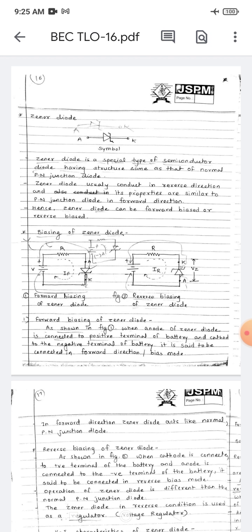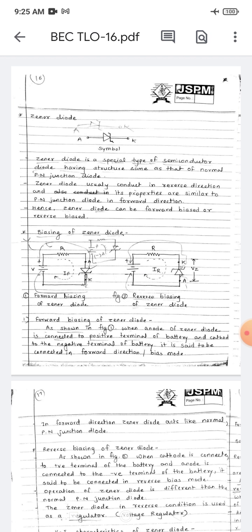Now the next topic is the Zener diode. It is a type of diode. Previously, at the starting of the chapter, we have seen the PN junction diode, that is the conventional diode. In the previous lecture we have seen the diode construction, that is P type and N type semiconductor connected together, then the depletion layer is formed, then how recombination is done, and how that diode is biased with forward biasing connection and reverse biasing connection, and how the diode behaves like an on switch and off switch when it goes into forward and reverse bias. So that is all about the PN junction diode.